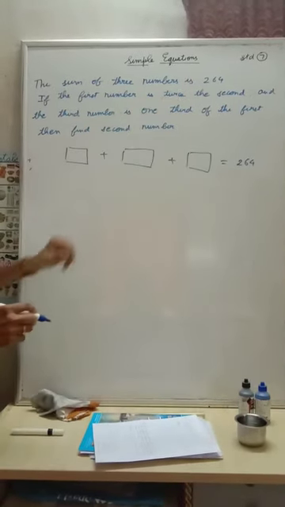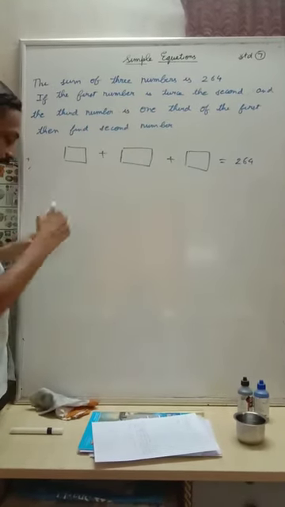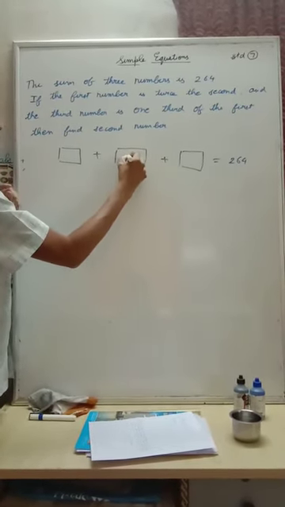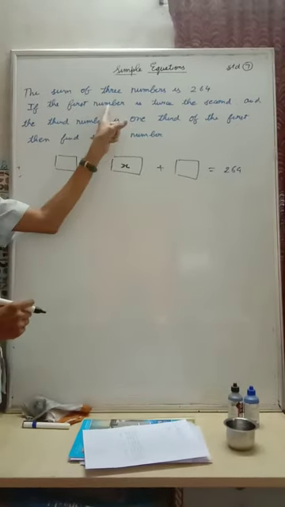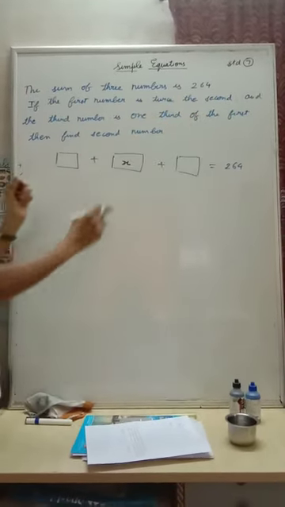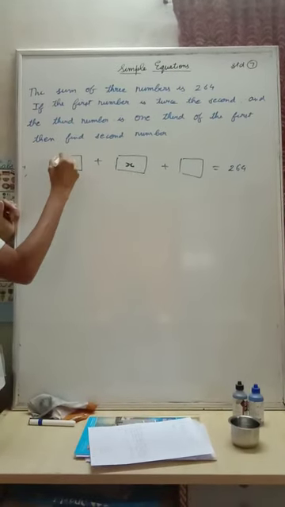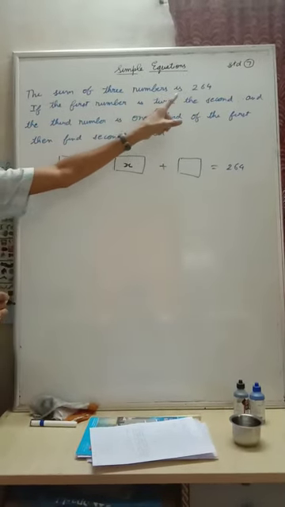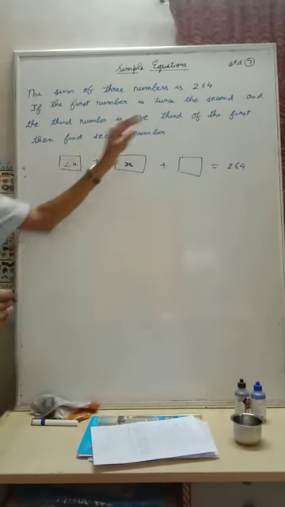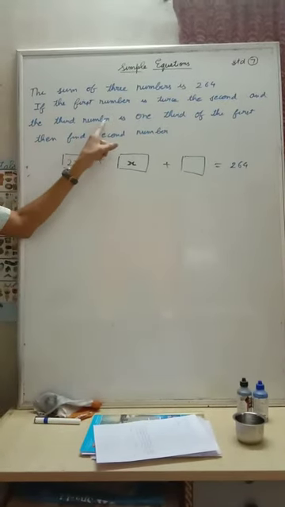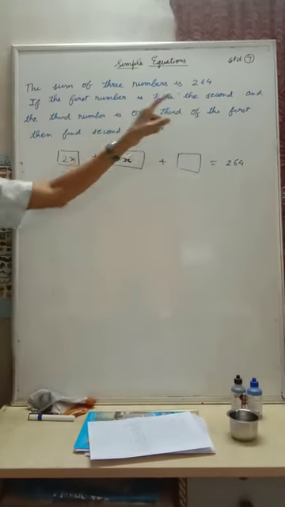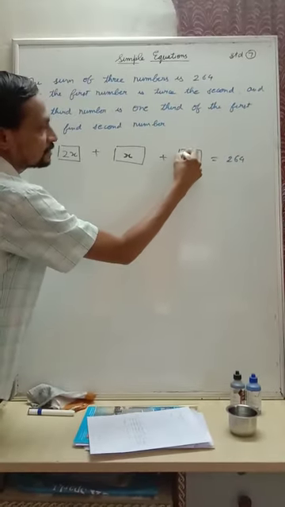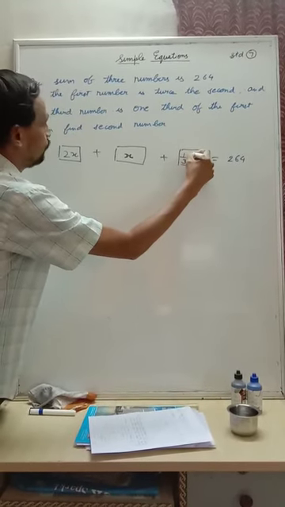is twice the second. Okay, so what I'll do is I'll start assuming something. I'll write here this second number, if it is x. Friends, are you able to see? See, the first number is twice the second. So if the second number is x, then the first will be 2 times x, because he says the first number is twice the second. So the second is x, first is 2x, and the third number is 1/3 of the first. See, this third number is 1/3 of this. So I'll write here 1/3 of 2x.